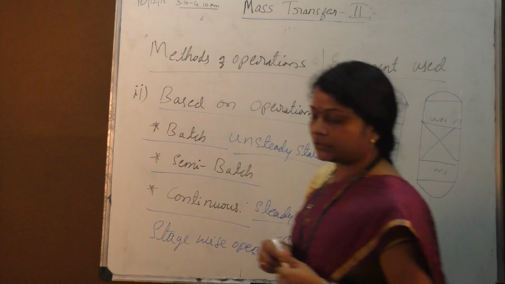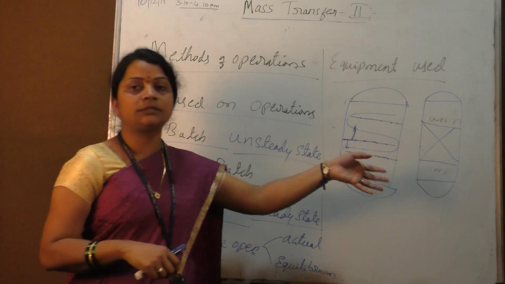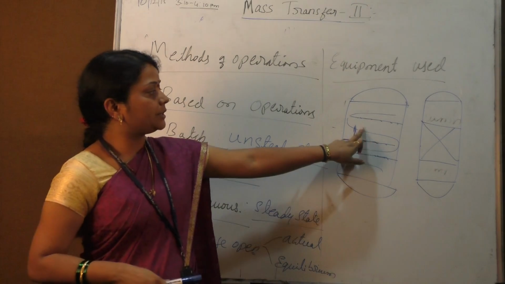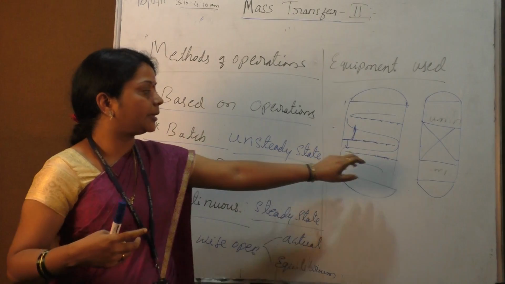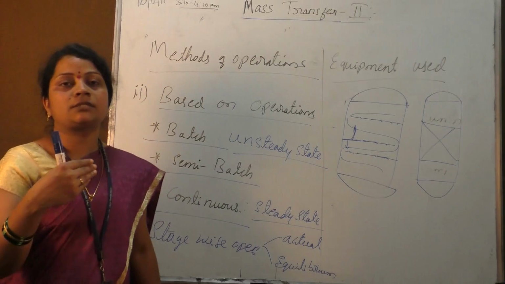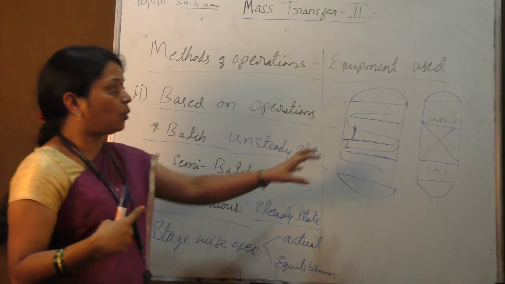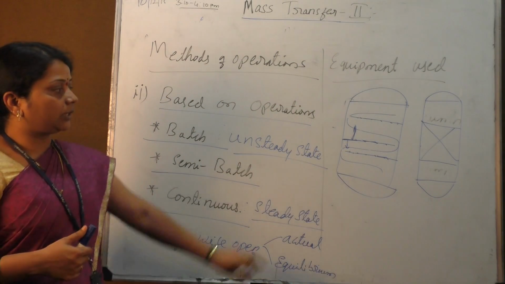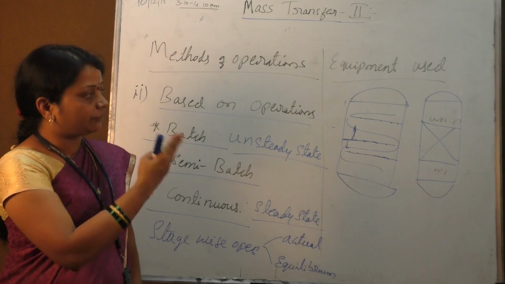where you are using different packing material so that the interfacial surface area is increased between the two phases. In the plate column the components of the two phases meet intermittently, but in the packed column the components present in the two phases are meeting continuously throughout the reactor. So that is how the plate columns work, and you can see the packed columns work differently.